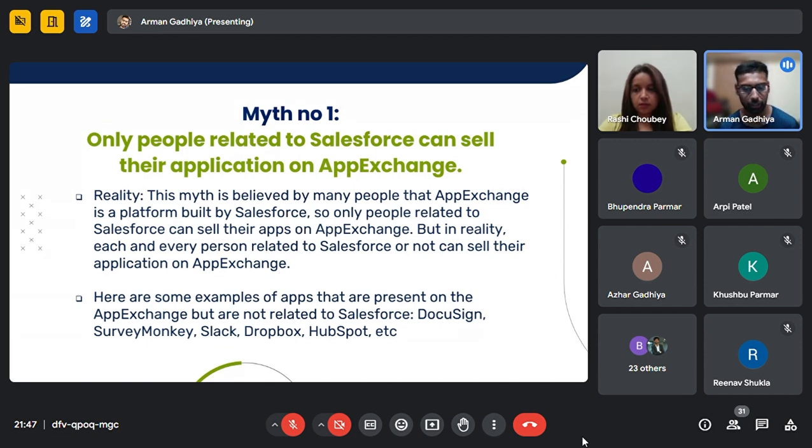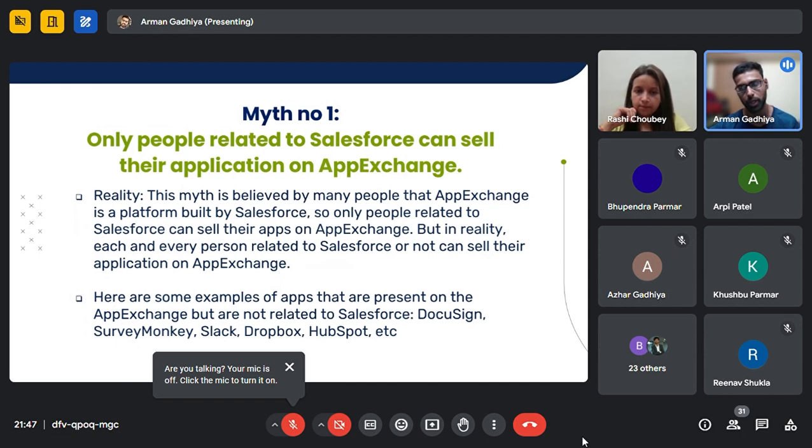If you take the example of DocuSign, they did not have any kind of relation to Salesforce. They thought that whatever functionality they provide, the people who are already on the AppExchange and connected to Salesforce can also use their functionalities and features. So they just put their application on the AppExchange.